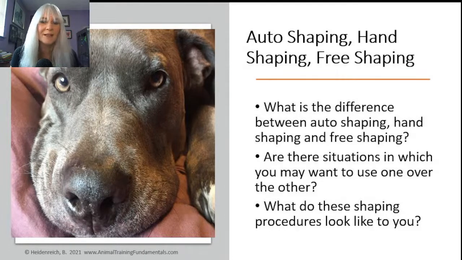There might be some other things that go into the free shaping process that I would consider part of it. And for me, there are certain conditions in which I might choose free shaping as an option versus some other ways that I shape behavior, which we'll get into when we talk about, quote, hand shaping. And auto shaping is one that I'm thinking most people would not have had exposure to,